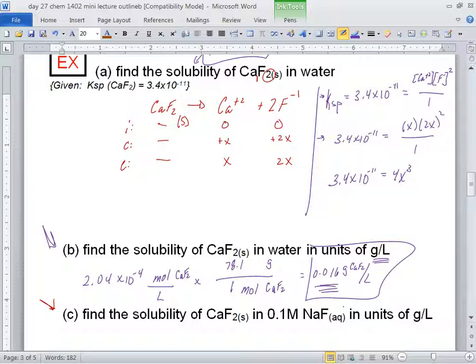So it should be a real similar problem. In fact, this one I think is going to be easier. The math is easier. Since you have to square all of this, now remember, it's 10 to the negative 11. So it's really going to be x times 0.1 plus 2x, quantity squared, not 4x. Yeah, exactly, right here.